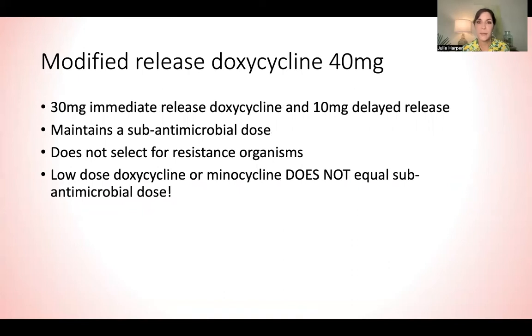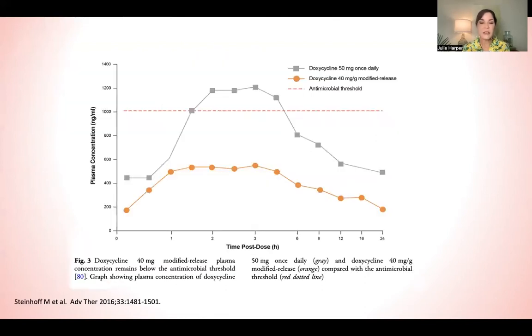It is also not just 40 milligrams of doxycycline, it's modified release. So it's 30 milligrams immediate release and then 10 milligrams of delayed release. And it was formulated like this to maintain a sub-antimicrobial dose. So this does not select for resistant organisms. Low dose is not the same thing as sub-antimicrobial dose. And this is something that with the microbiome, this is an ongoing area of discussion where we're all going to continue to learn more about this. But we do believe that this is a low enough concentration or a low enough milligram. And with the 30 milligram immediate and 10 milligrams of delayed release, we're able to stay below an antimicrobial threshold